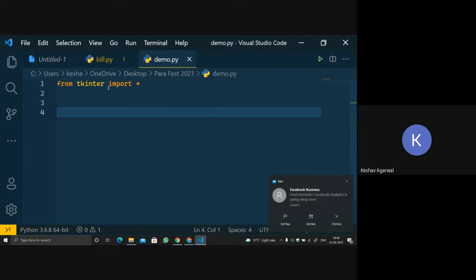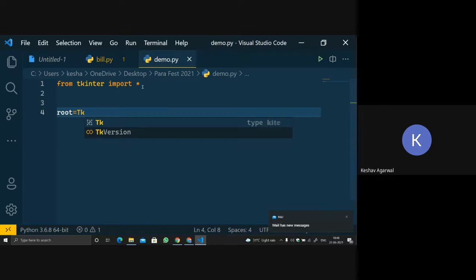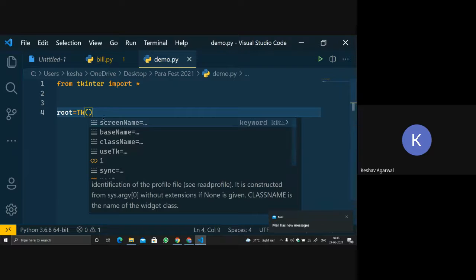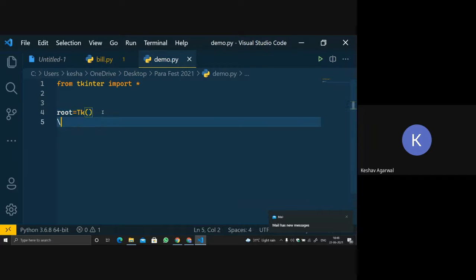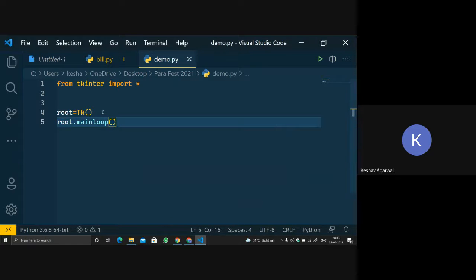Make an object of the package tkinter. Let's take a variable root that is equal to capital T and then k, and then the braces. And then root dot mainloop.